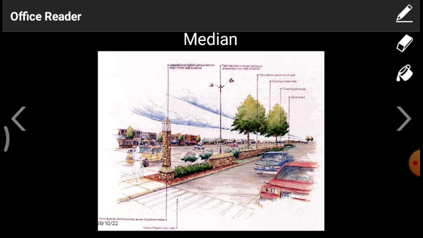Normally, what is the purpose of planting trees on this median line? In so many places we have a huge quantity of vehicles flowing on the roads, so there may be some exhaust gases, and these plants will help us to absorb those gases, and the roads will also have some cooling.